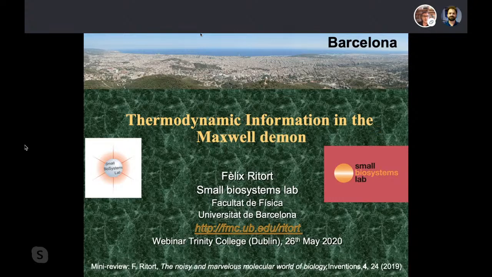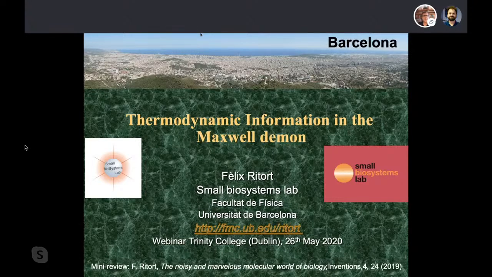As you well know, single molecule experiments have been very successful in measuring free energy differences, especially in small systems, like molecules with a small number of states. And what turns out to be interesting too is that these same experiments that provide access to free energy differences also provide access to information.